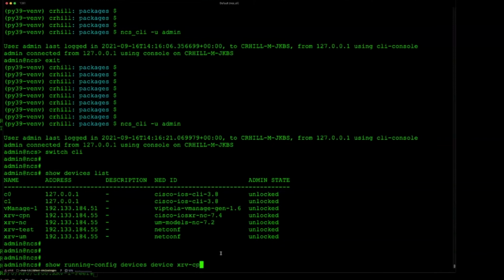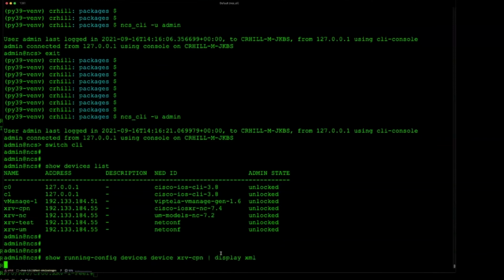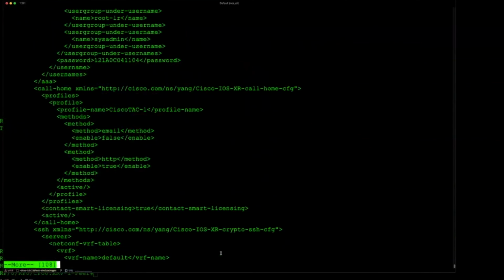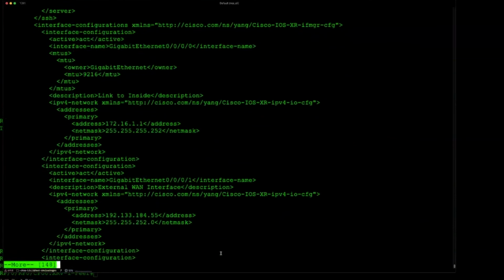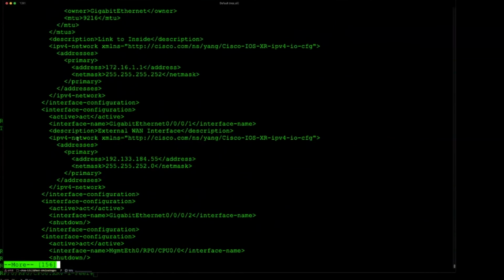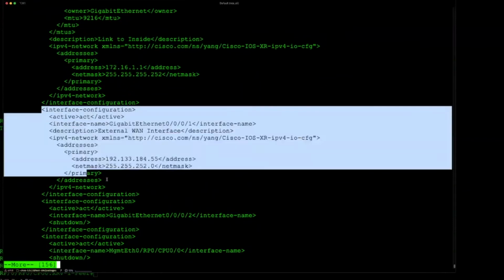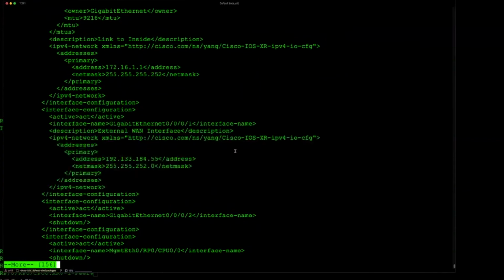And that was CPN, and then we'll display it. Let's display it in XML, and I'll go through here. Let's see, where is it? Just a little bit further down. You'll see in this particular part of the configuration here, you can see that there's no unified model being used